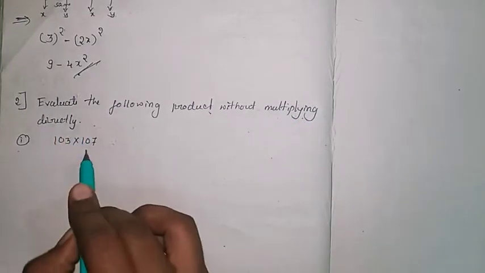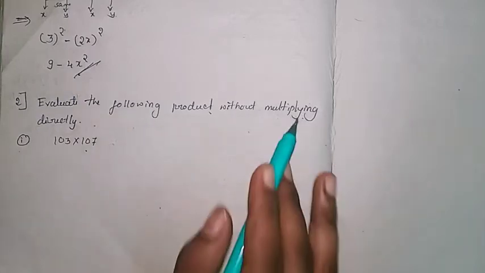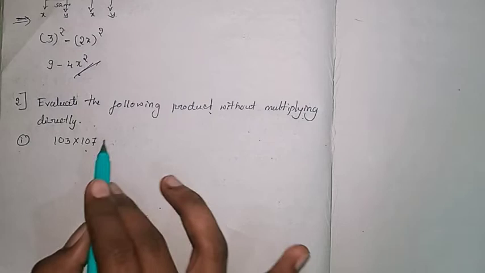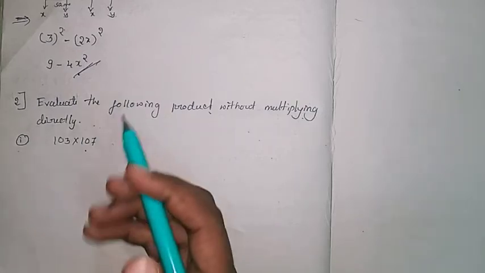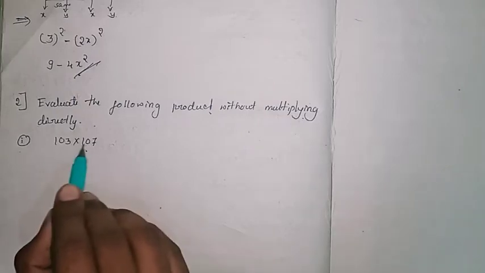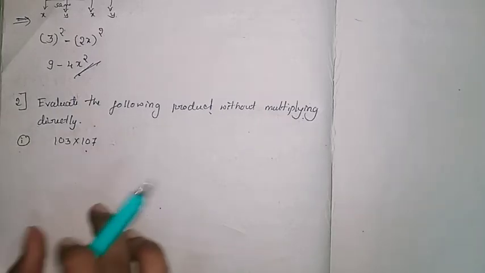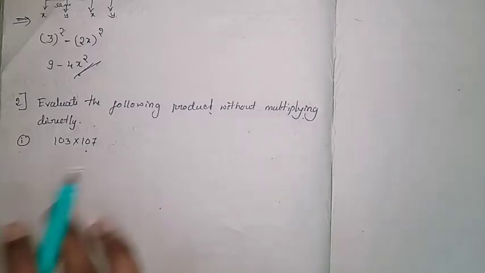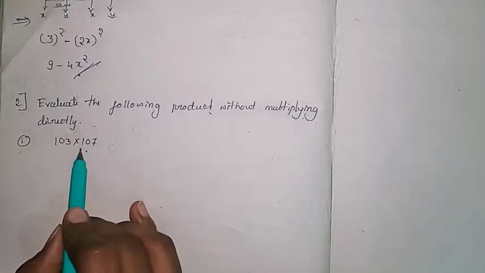So you have to find the answer for this without multiplying the terms they have given. That means you have to get an identity. But then the question arises whether we have an identity like this, because if you observe the formula list, we don't have such identities.